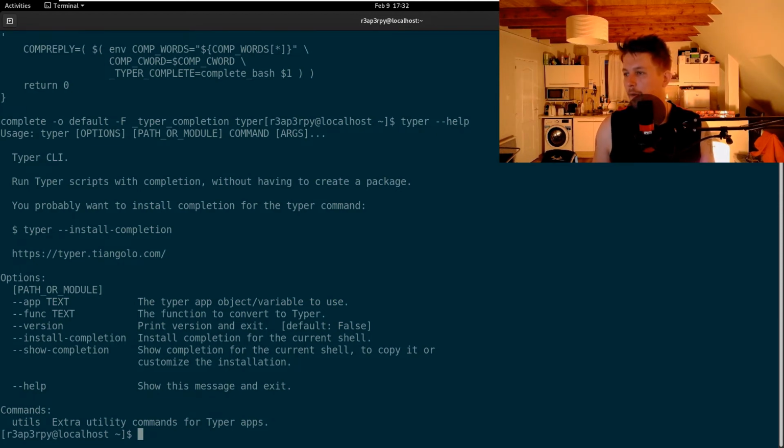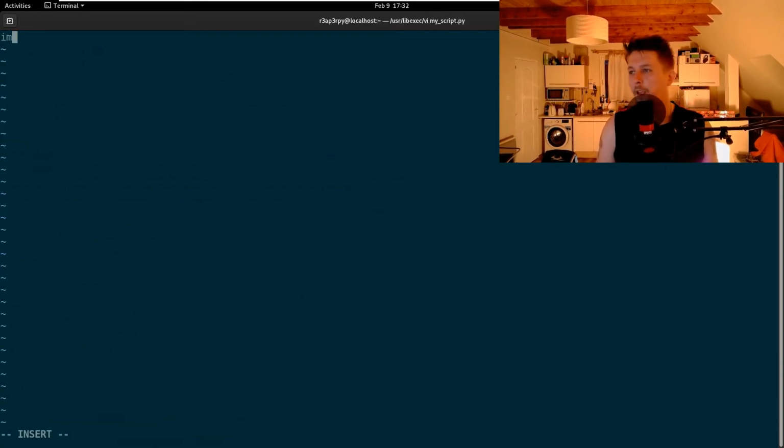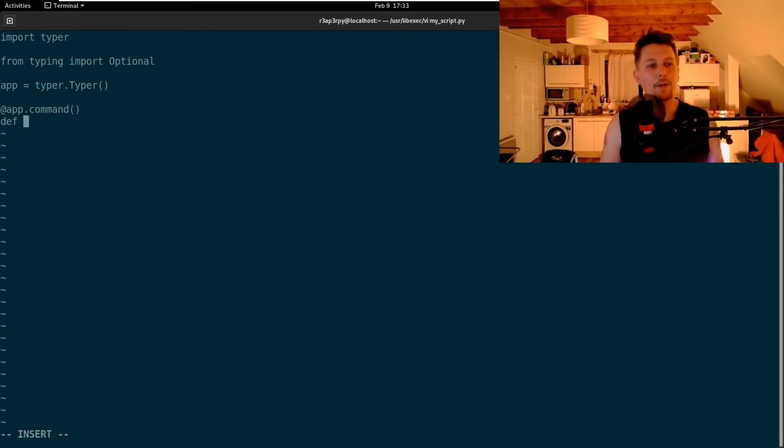And now what we can do is to create a small sample application. So my script.py, and we would like to import typer, and from typing we import Optional, and we create our app from Typer, and the app command is going to be hello with a name which is an Optional string, and we use a typer.echo f welcome name,